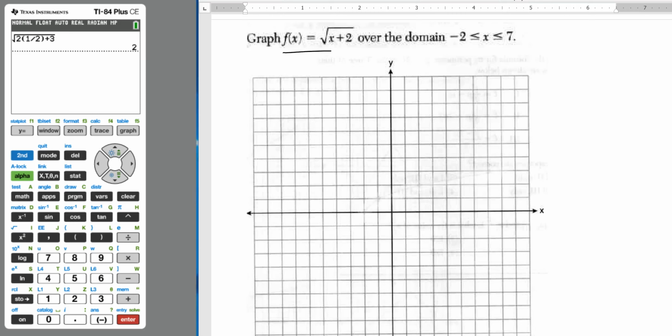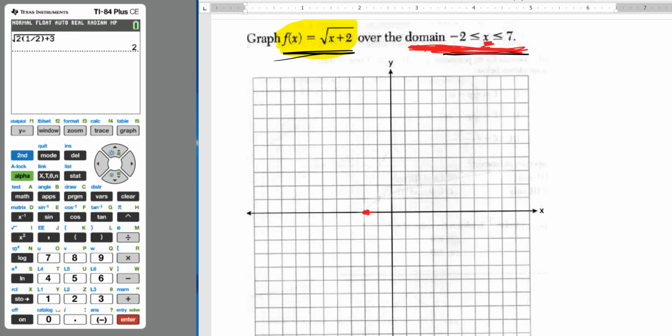Graph f of x equals radical x plus 2 over the domain negative 2 to 7. Okay, so what we need to understand is that this is the function. This is the part that goes into the calculator that we're graphing. Over the domain just means these are the only x values I want to include. So if we look at the x-axis, because we know domain just means x, we only want this graph to